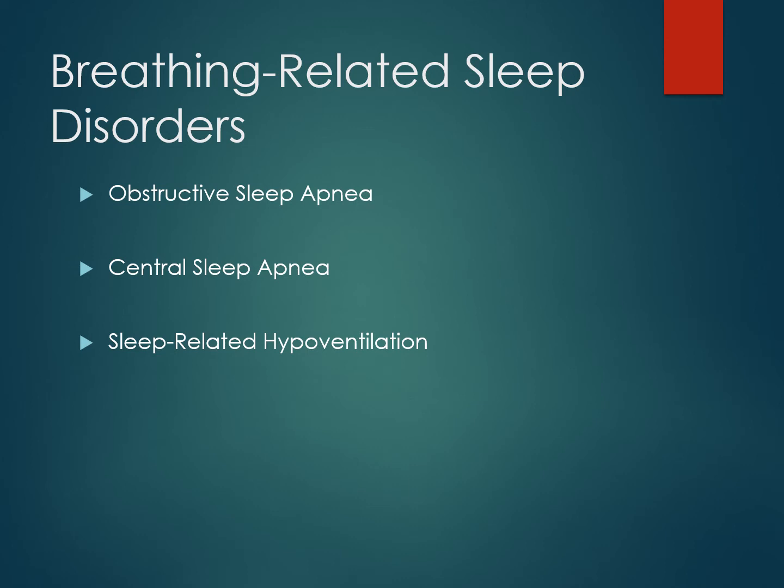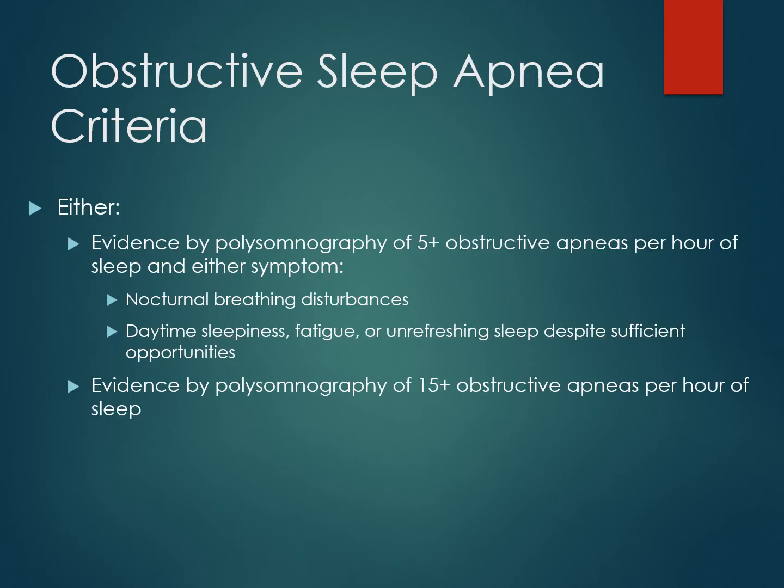There are 3 different types of breathing-related sleep disorders that we'll discuss. Apneas refer to when people actually stop breathing for some period of time, while hypoventilation results when the person continues breathing, but their breathing is very shallow and labored. In obstructive sleep apnea, the person completely stops breathing for at least 10 seconds at a time. In this case, airflow stops despite continued activity by the respiratory system in the brain. So either their airway may be too narrow or some abnormality or damage interferes with their effort to breathe or compresses the airway.